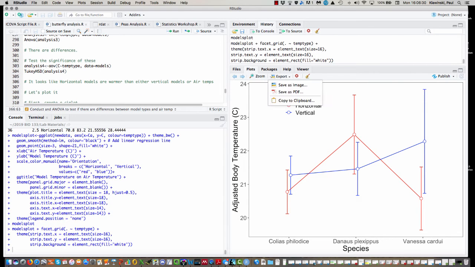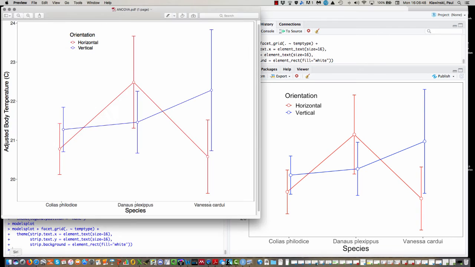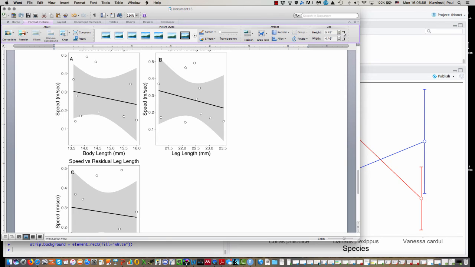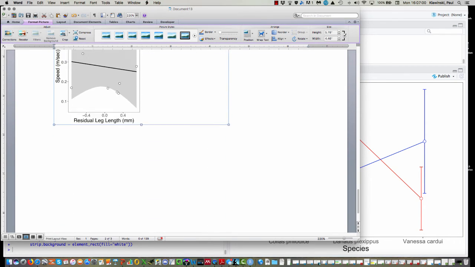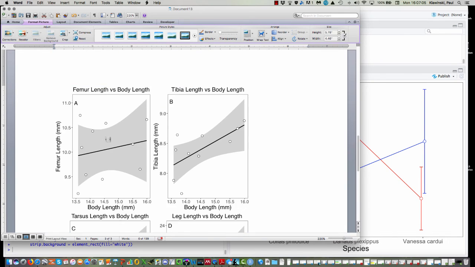Remember that you can export things as PDFs, and I would do most of yours, I think, in landscape. And so you can call these ANCOVA results. And save that. And when you save that, it gives you a figure like this. And when you have a document that you're writing, like your lab report, you can basically get rid of these data,